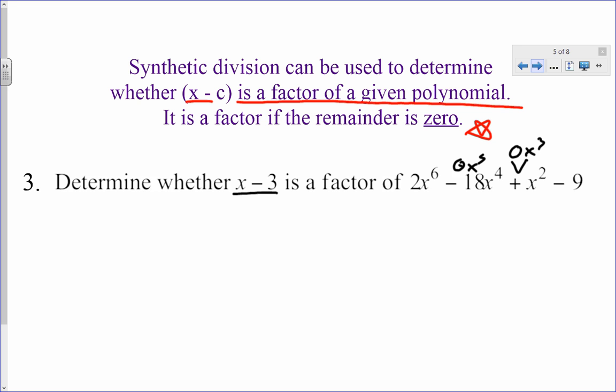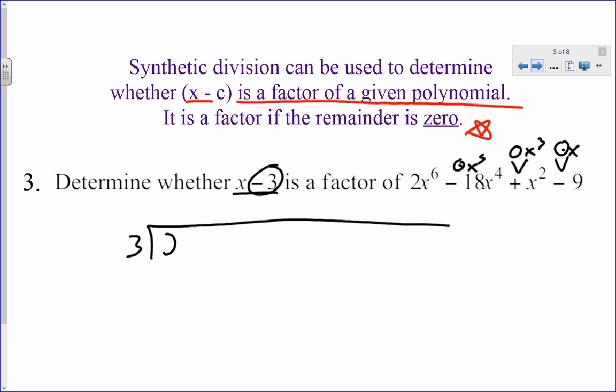There's a squared term. There's no linear term. And then our constant. Okay, so as I set this up, I change the sign of this, so that's just going to be a 3, and I get 2, 0, negative 18, 0, 1,